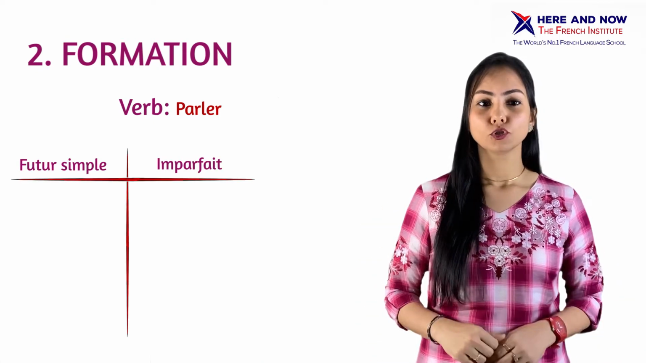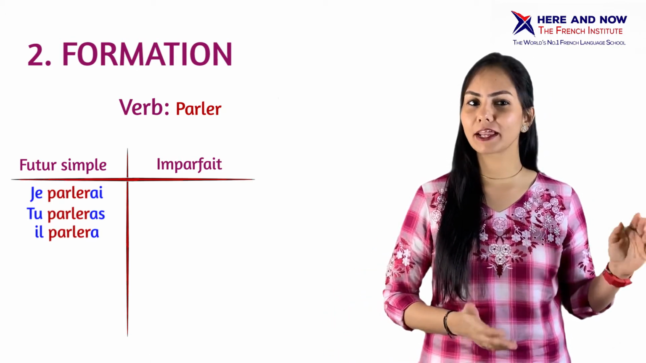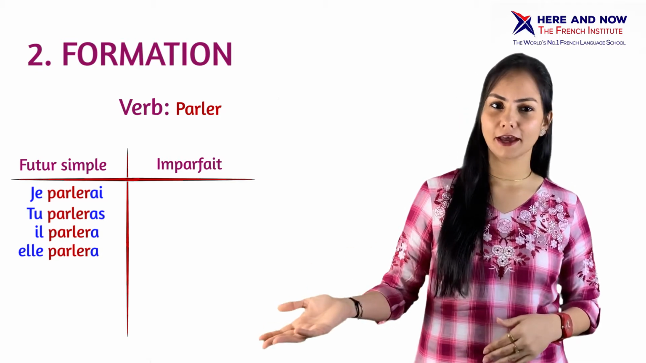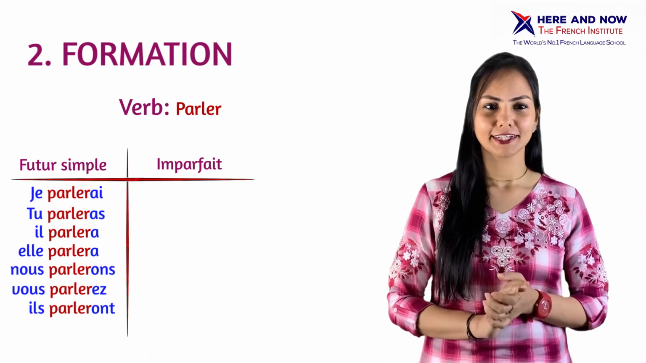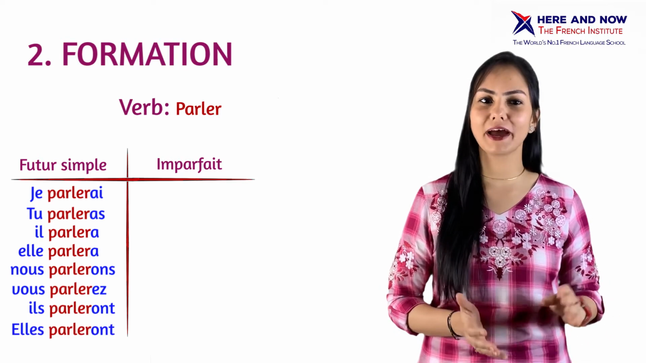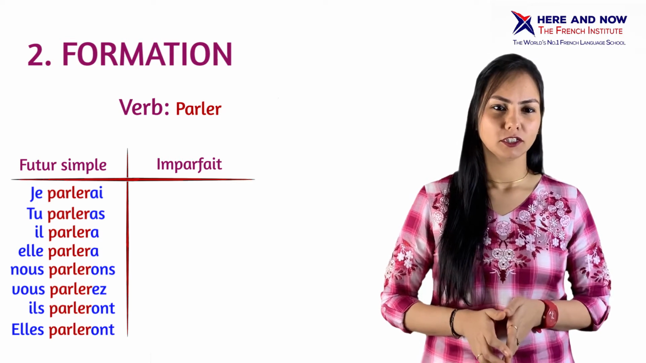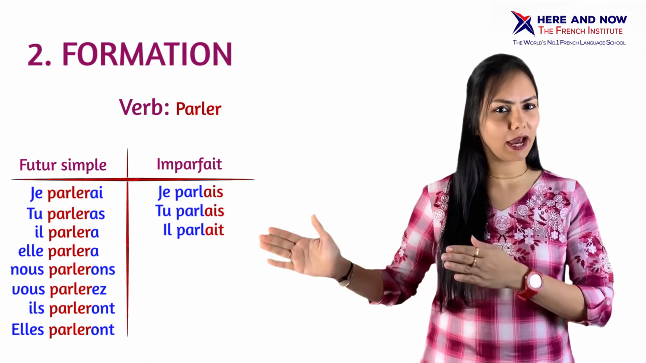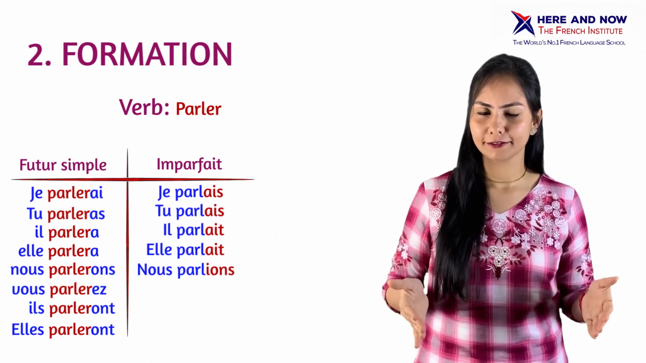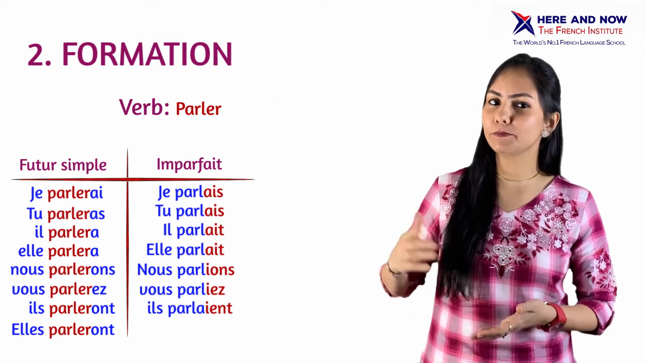It will be je parlerai, tu parleras, il parlera, elle parlera, nous parlerons, vous parlerez, ils parleront, elles parleront. And in imparfait, it would be je parlais, tu parlais, il parlait, elle parlait, nous parlions, vous parliez, ils parlaient